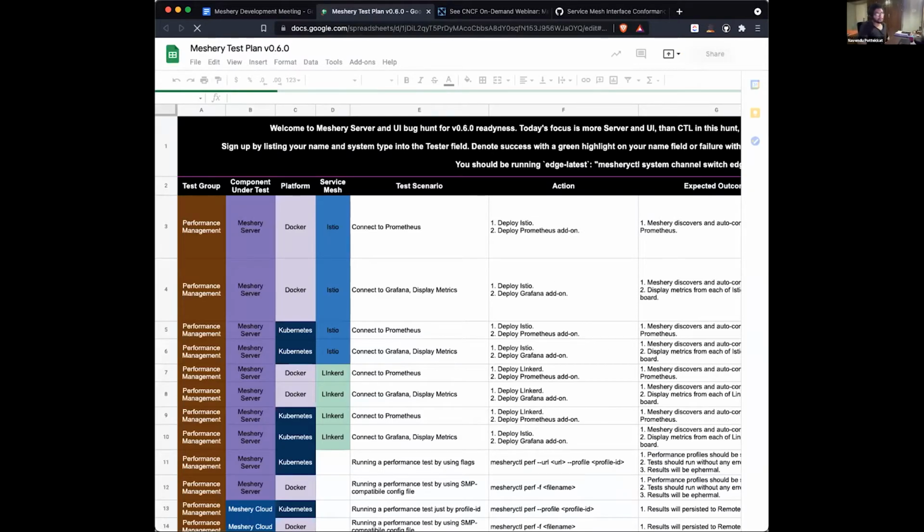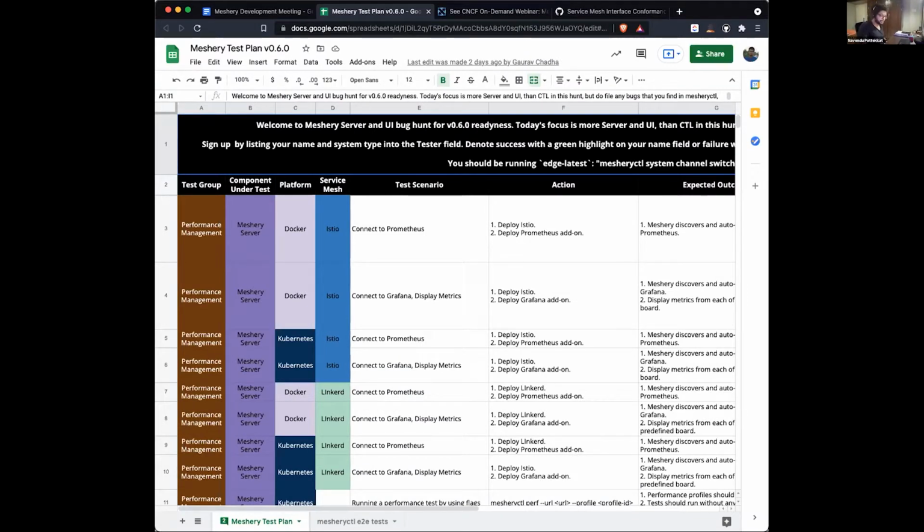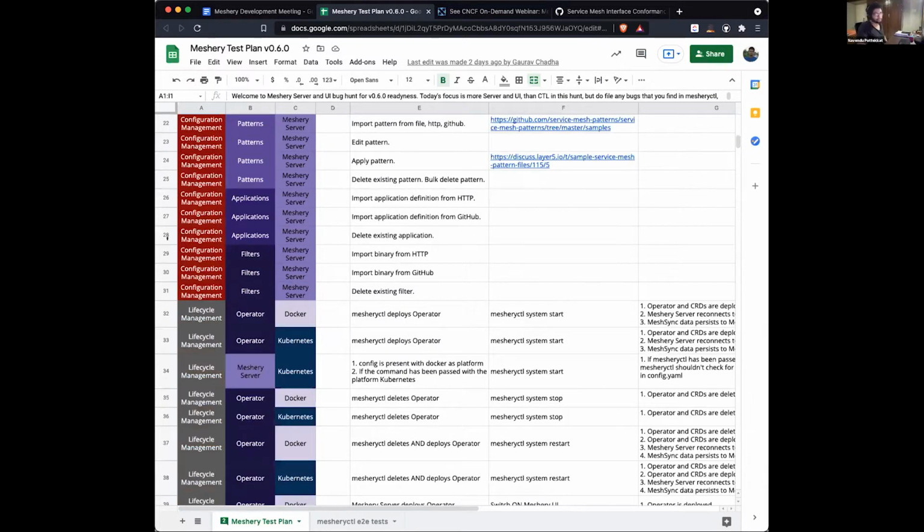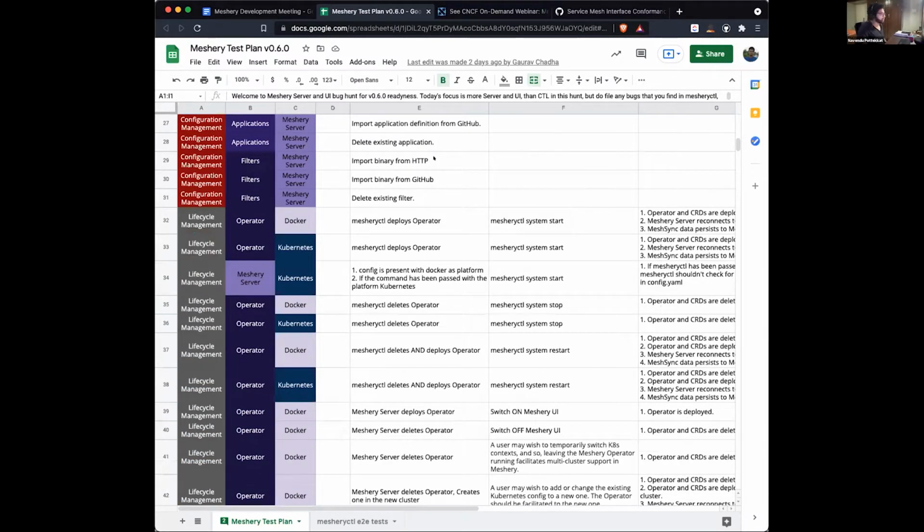Linked in the meeting minutes, you will find a doc for Meshery's test plan for the next upcoming release, which is v0.6. If you are interested in finding an area to contribute, or if you are looking to explore Meshery, this test plan is a good place to start, because you will essentially walk through the entire Meshery lifecycle.